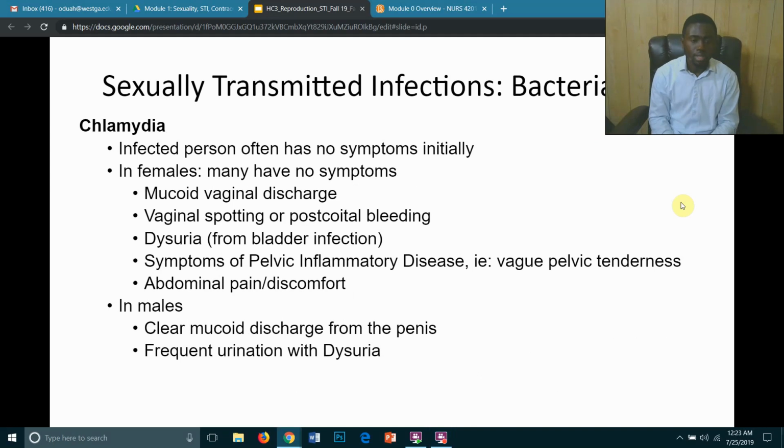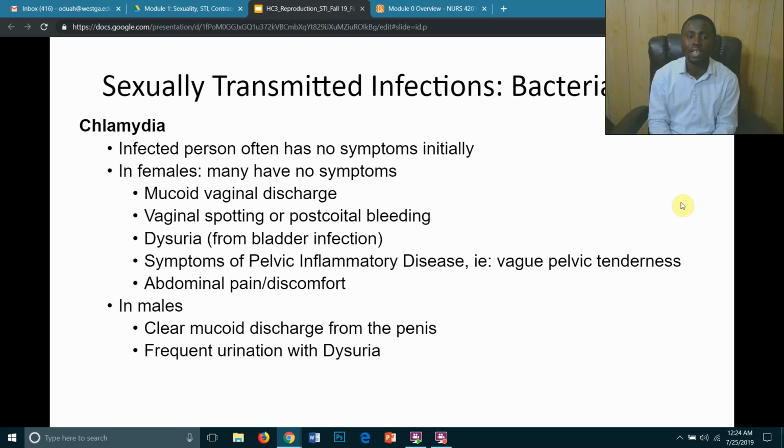Okay. The next illness we will talk about is chlamydia. So chlamydia is caused by a bacteria known as Chlamydia trachomatis. Chlamydia cases continue to increase yearly and are reportable to the local health department in all states. So if you have a new diagnosis, you have to report this to your local health authority, not the patient's partner or the patient's physician, but the local health authority.